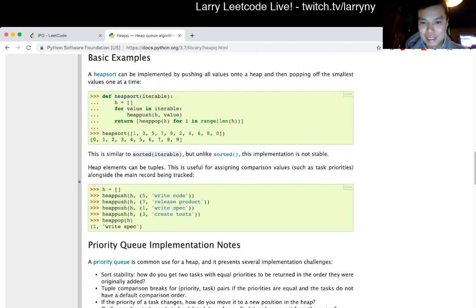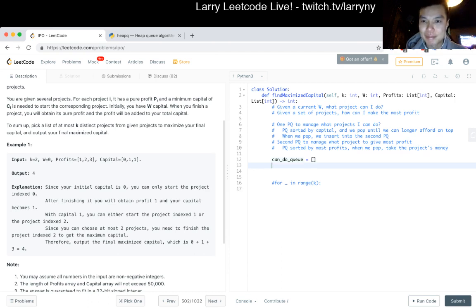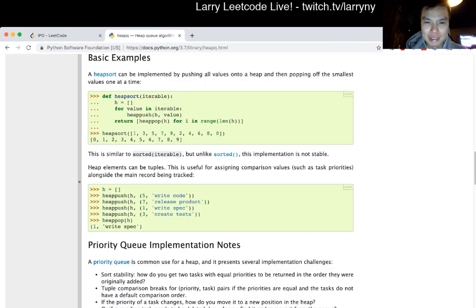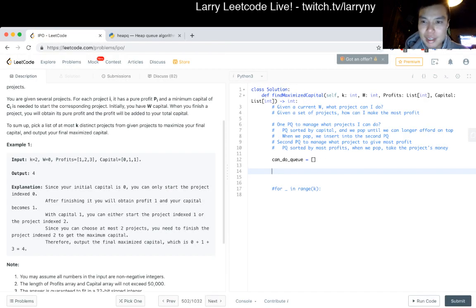Maybe that's better. And then we put everything into the... Okay, so we have two arrays. They want to use zip. Okay, so I forget.